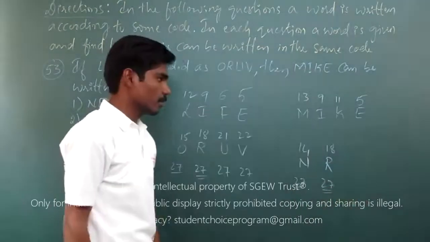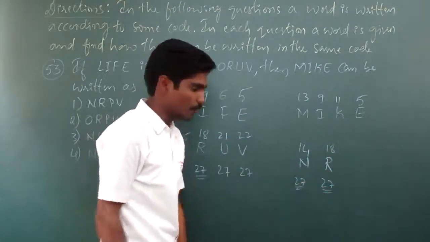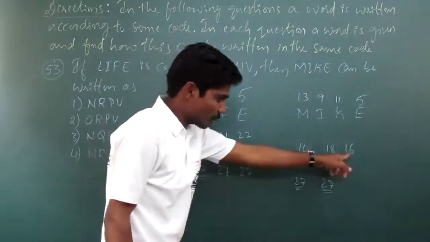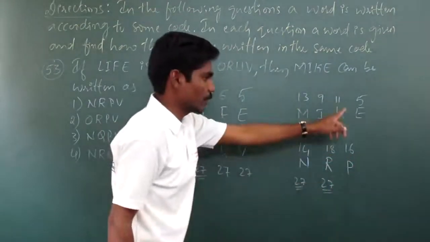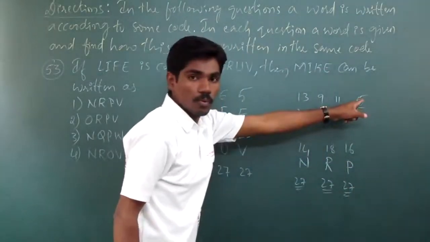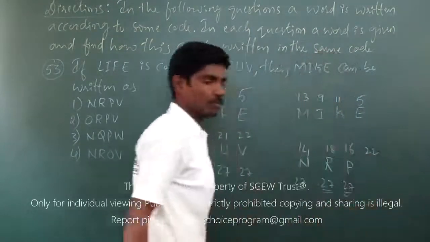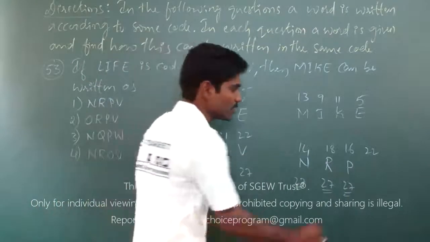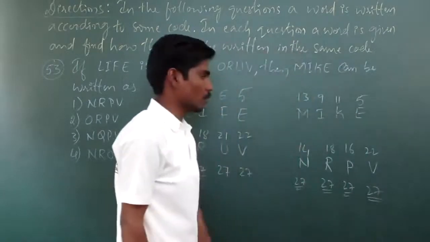Now I have 11. To get 27, I have to add how much? Of course it is 16. Now 16 is the position of which letter? Of course it is P. Once again see, 11 plus 16 is 27. Now 5. To get 27, I need to add 22. And 22 is the position of which letter? Of course it is V. See, once again, 5 plus 22 is 27. So now I have coded Mike as